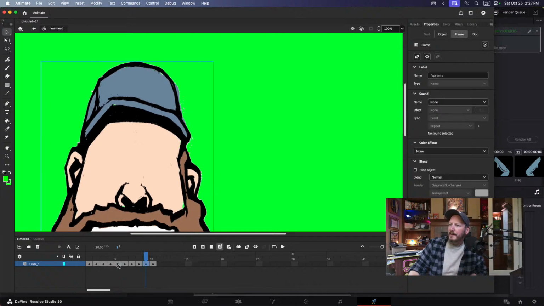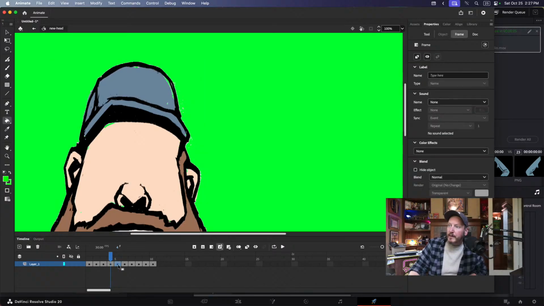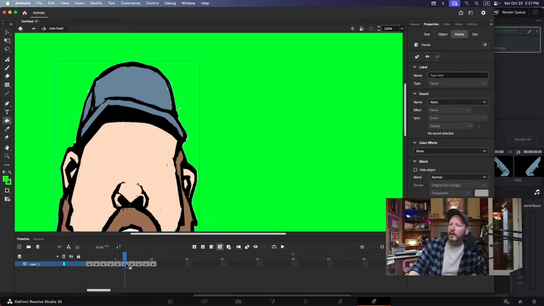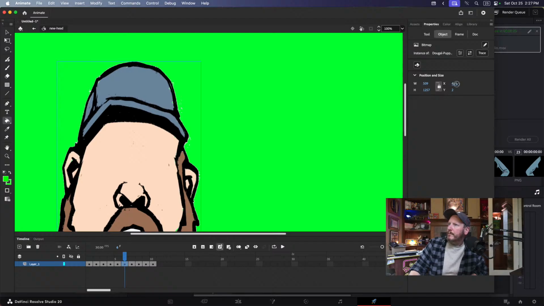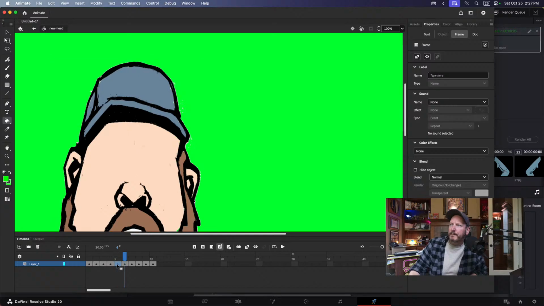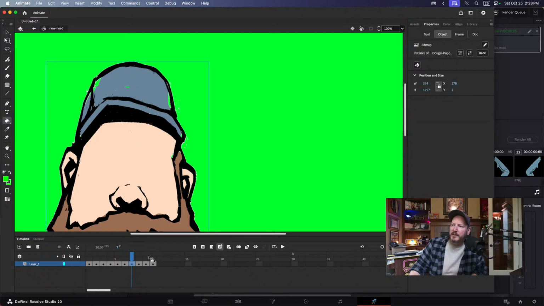Let's see if that works. That's way off. Object 420. How close is that? That was right on. You can still see there's a little jump in these. But that's okay, because this is just for testing purposes.